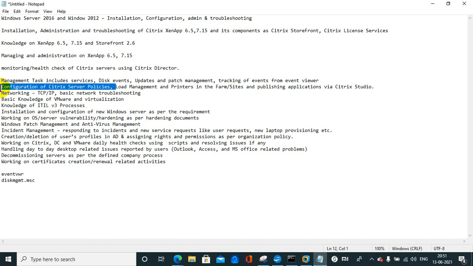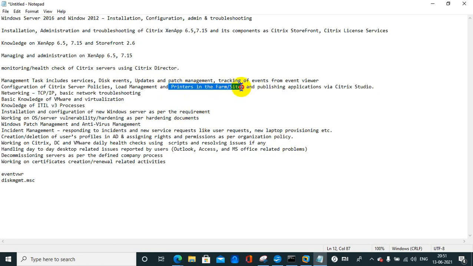But if I am talking about load management, in 6.5 it's not load management, it's a load evaluator, used to calculate load on the server. But in 7.15 it is the load management policy, which comes under the policy section. Okay, one by one I will show you all these things live in the environment.